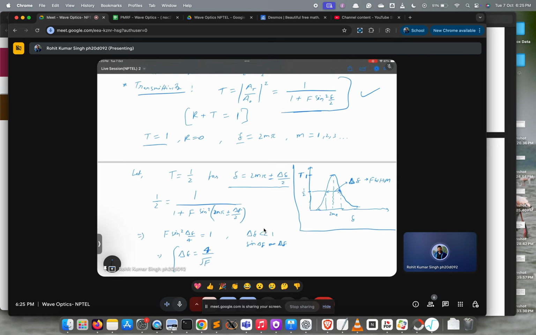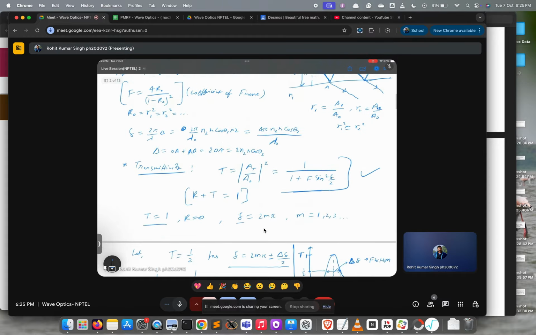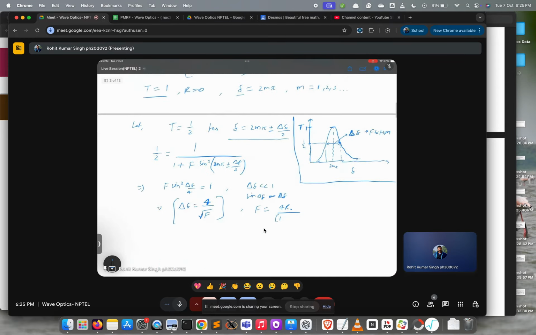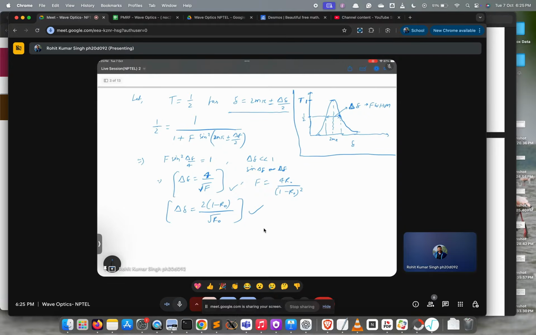So this is a very important formula. And this F is what? If we wrote over here, this is the coefficient of finesse, which was given by 4 r naught over 1 minus r naught square. So if you put it here in this equation, you will get it in terms of r naught. Okay, so this is another useful formula. Now what this formula says is, if you have